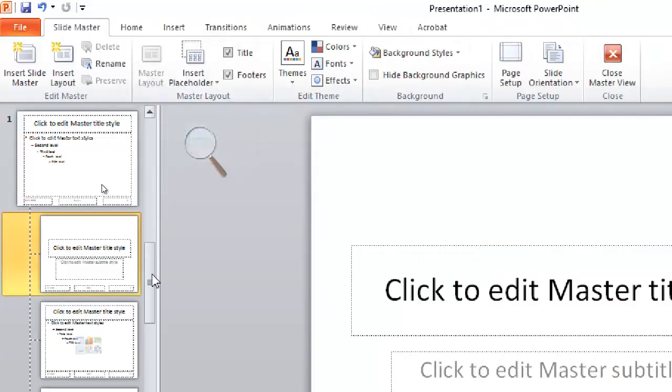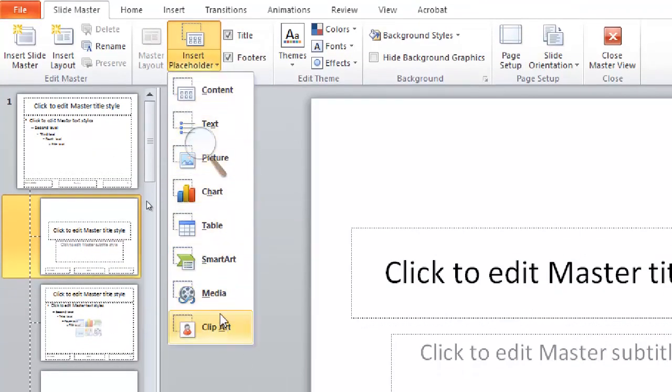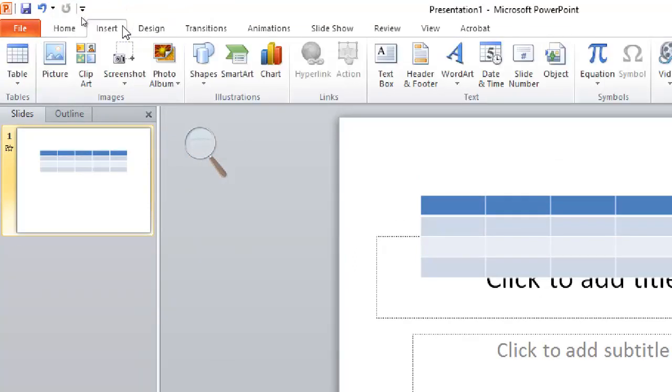If I open this Slide Master, you will see different types of slide layouts and different types of placeholders as well, right? So you should explore, and the best way for exploring is to read the study text and read the important topics from it.